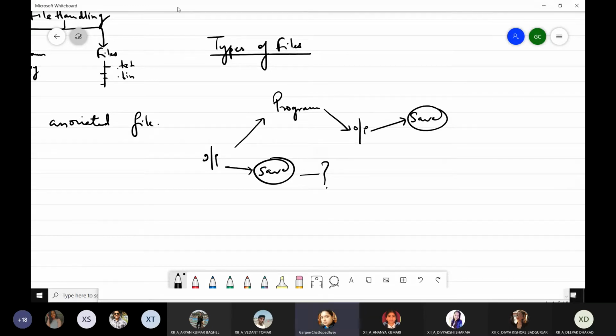I have 50 patients in the hospital right now, and I want to save the records. I want to access the records of all those 50 patients, and I decide I will not use file handling. I will create a dictionary for all those 50 patients, a list of dictionaries I'll create, okay?